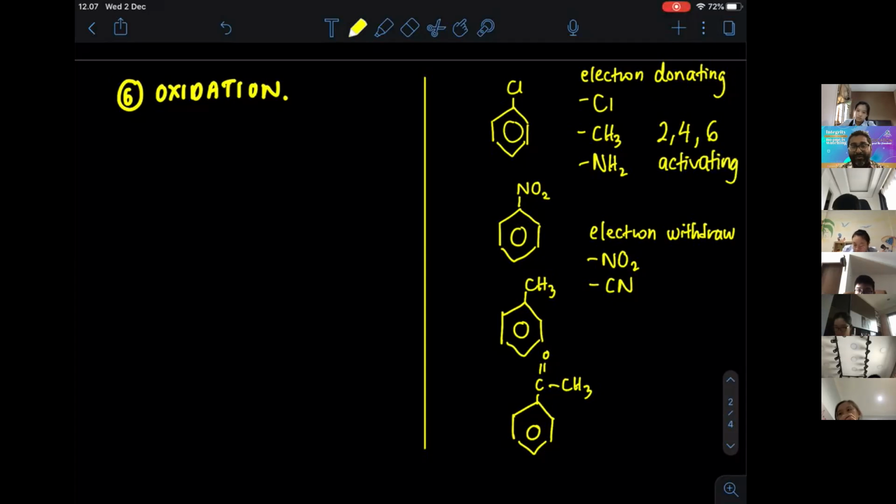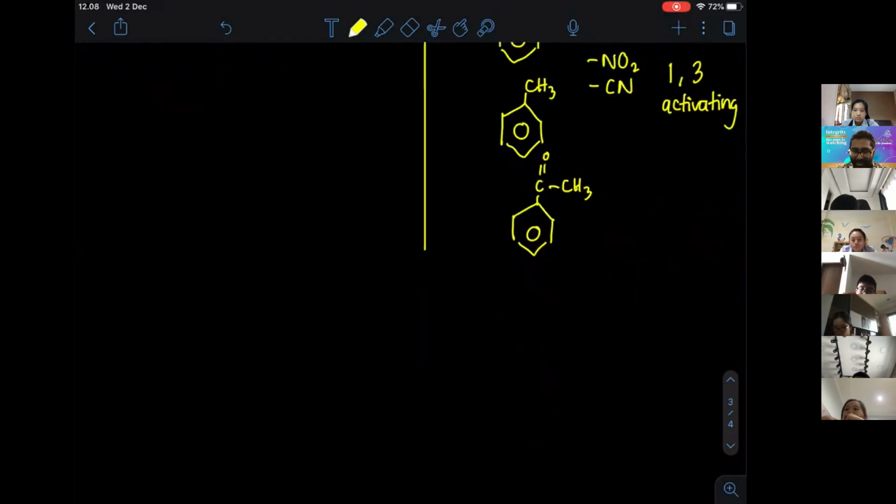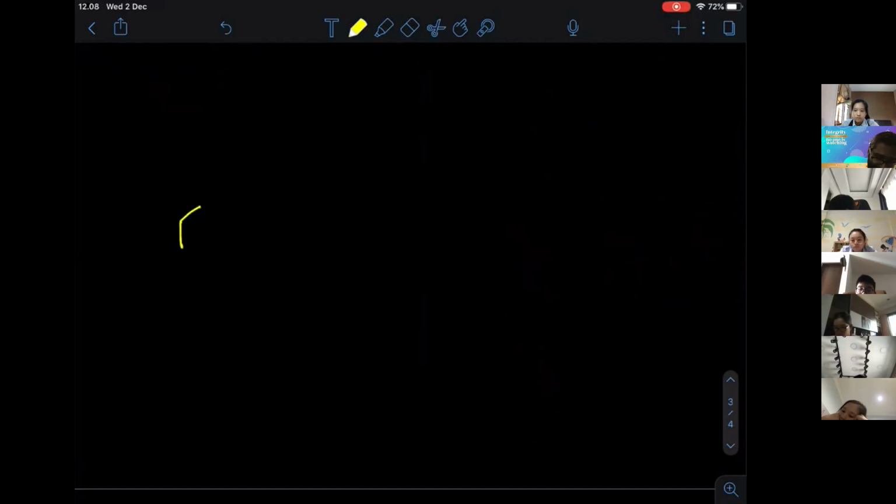If you have an electron withdrawing group, it will deactivate positions 2, 4, 6. So if those positions are being deactivated, what other positions will be activated then? It's going to be 1, 3 activating. Basically, if you have a substitution reaction, for example, if we are dealing with methyl benzene,